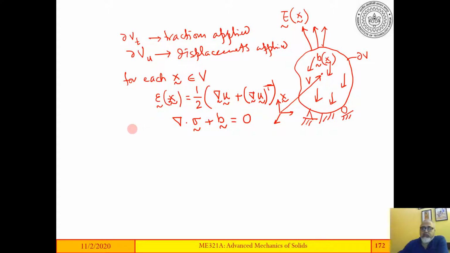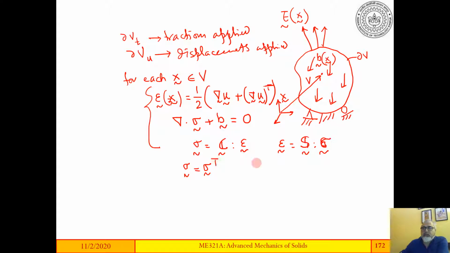following from the balance of linear momentum is this, and then the stresses and strains must be related by a fourth order elasticity tensor C if it's a stress strain relation, or with a fourth order compliance tensor if it's a strain stress relation. So there's one more which follows from balance of angular momentum, which is this, provided there are no body couples or coupled surface tractions applied on the body. Those are the problems that we keep out of the scope of this course. So we don't have body couples, and when we don't have body couples, the stress tensor is symmetric, which means